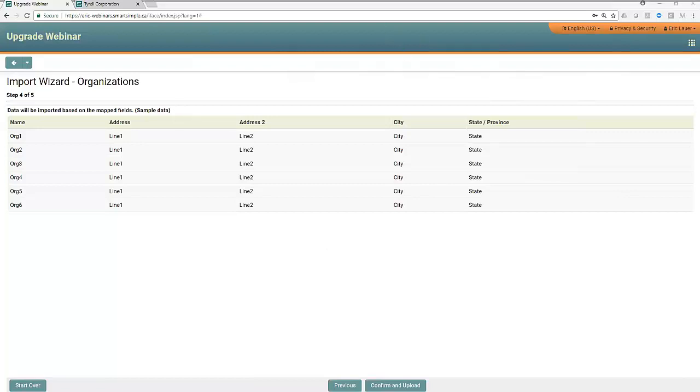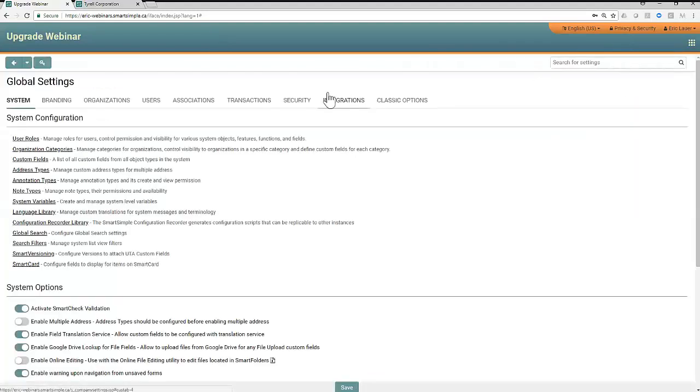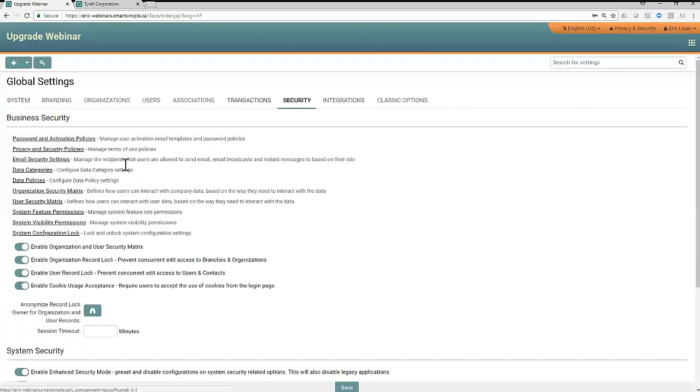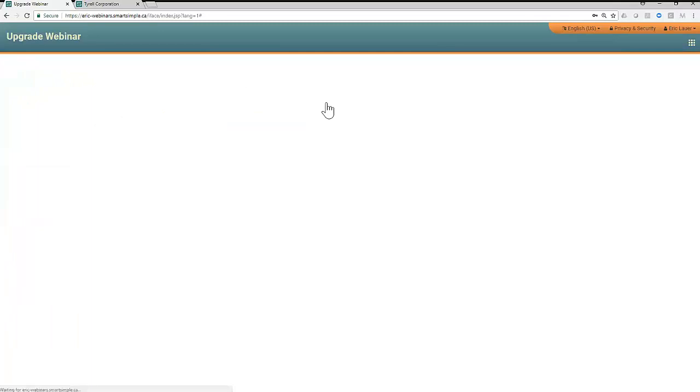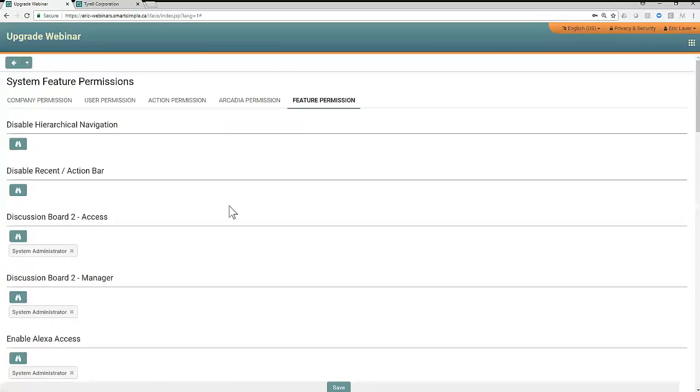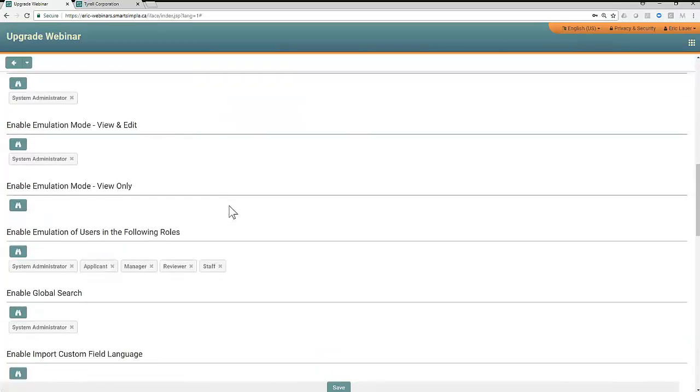Perfect. So one of the biggest ones that we've done for this upgrade is the ability to create a personal dashboard. This is an on-demand system upgrade. It does require you to enable a security feature. In this case, if you go to Global Settings, and then Security, and then System Feature Permissions, okay? As a new feature, I go to the last tab here, and if I scroll down,